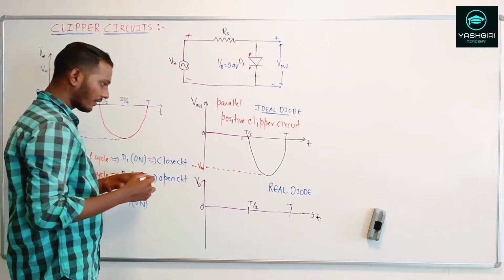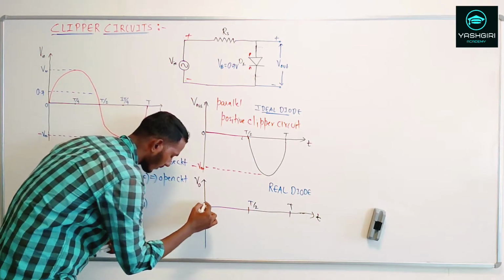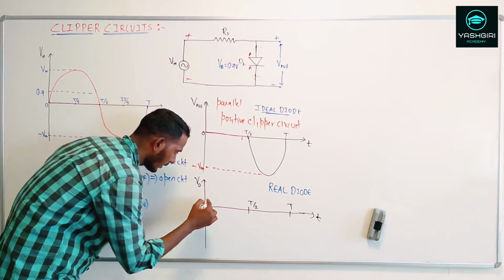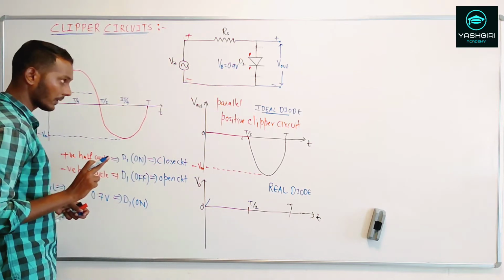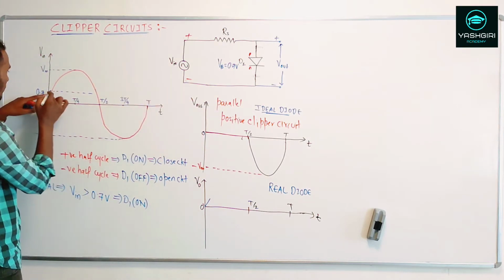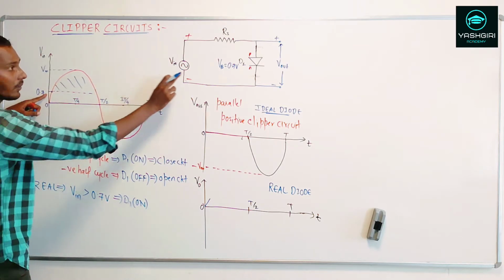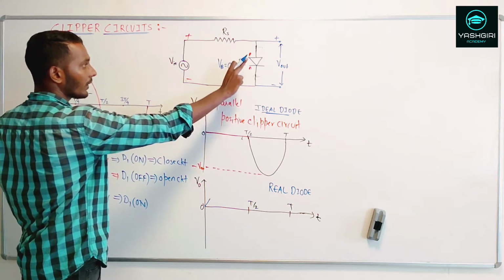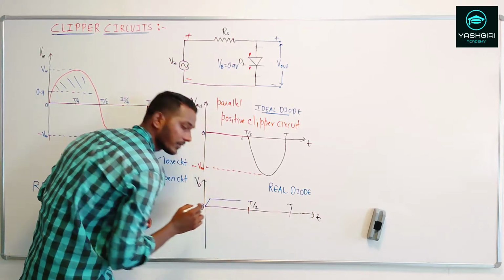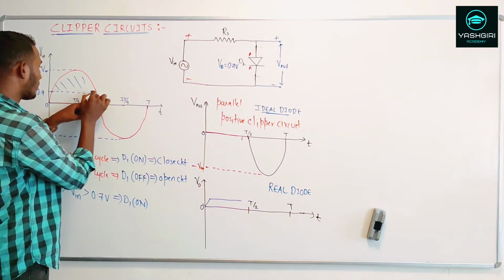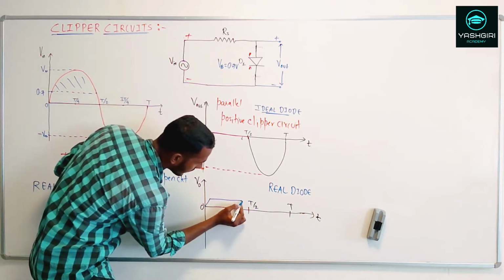So up till 0.7 volt, you will see that the output follows the input, because the diode D1 is reverse biased. Now once this V in crosses this point, 0.7 volt, for this section, what you will find is that the diode D1 is conducting. So when the diode D1 conducts, the output will be almost a flat line like this. And after this point, again there is a decrease in the Vin. So again the output follows the input.